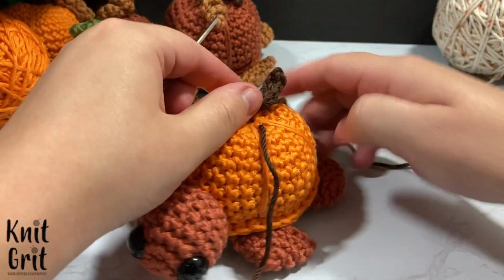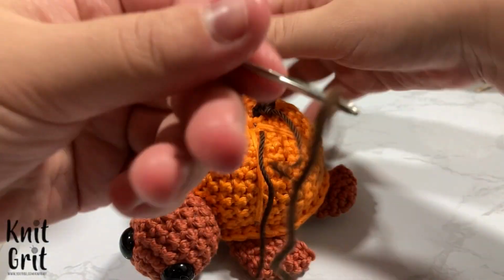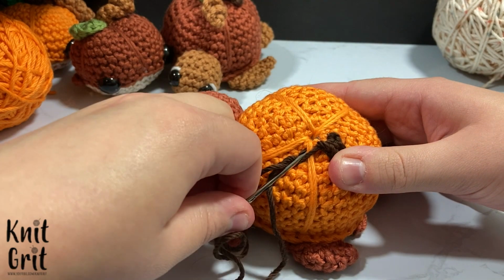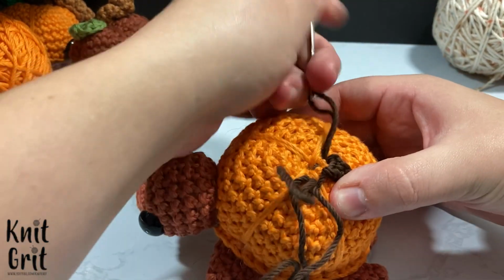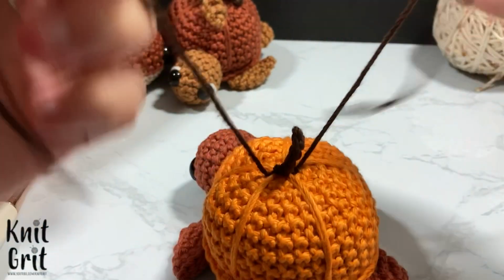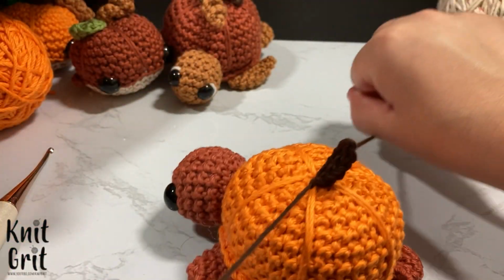Alright, so we're going to pull that through, then we're going to take our other tail and go the opposite way, like so. We're going to go through where it came out there and then where it came in, trying not to pick up that extra yarn if we can help it. Pull that, kind of tug them both, and what we're going to do is double knot it, like so,